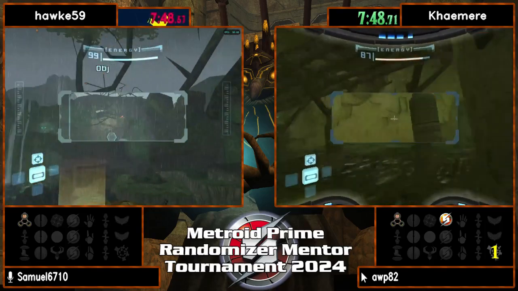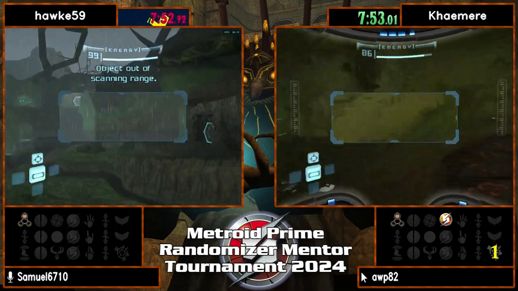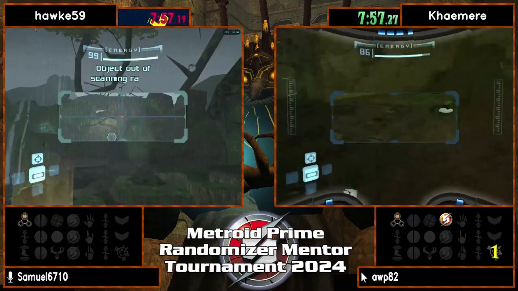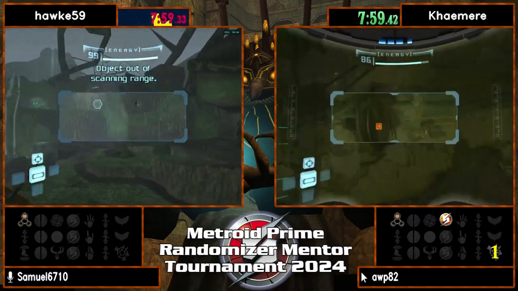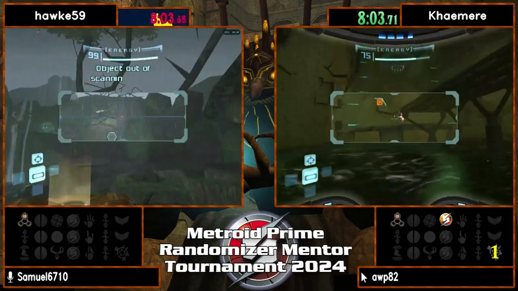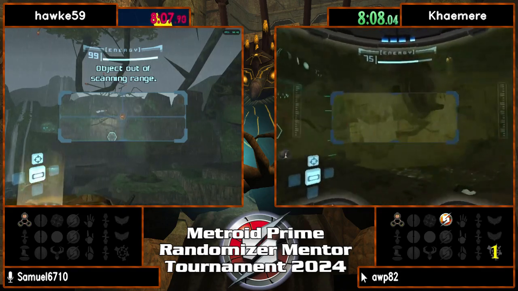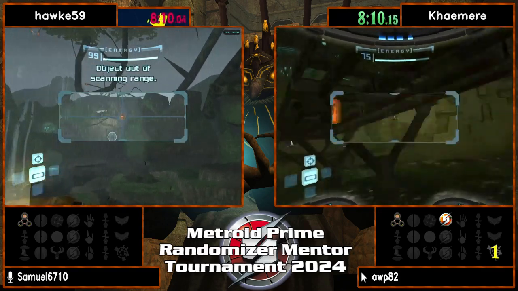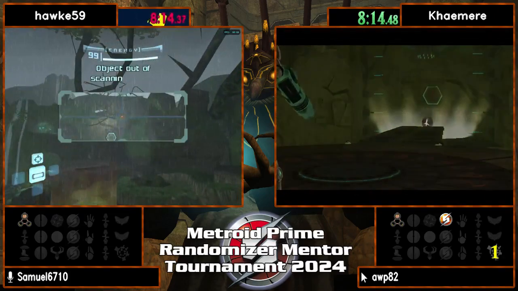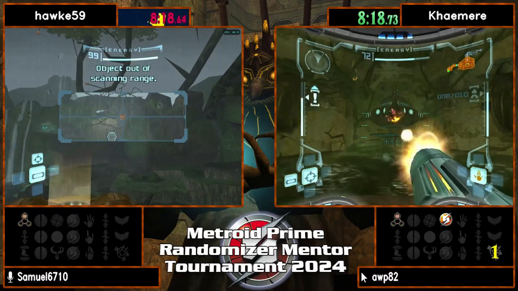In the meantime, we have Morph Ball here on Hive Totem. We are going to attempt to skip the fight by doing a scan dash, trying not to get too close to this bridge, since the fight trigger is on the bridge. It only extends just a tiny bit out of it. Just need a good dash. Oof, looks like Khaemere didn't have a good B press, and you also don't want to look to the side. So you want to basically have the stick at neutral after you've done the scan dash, or you can try curving it for extra speed by holding forward or backwards after the dash. But it looks like Khaemere is just going to do this